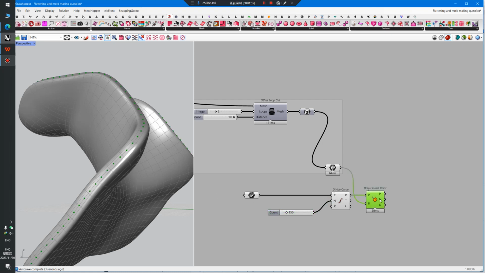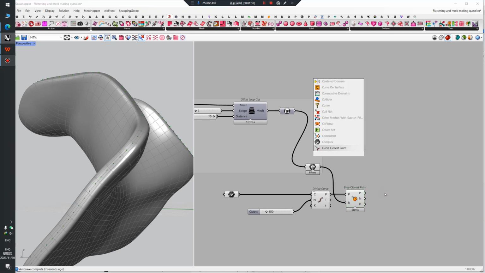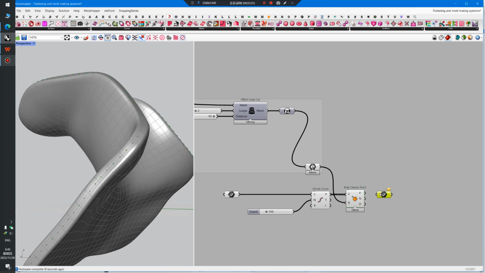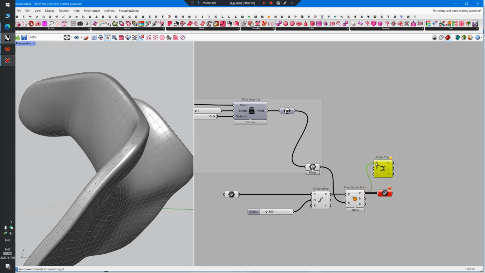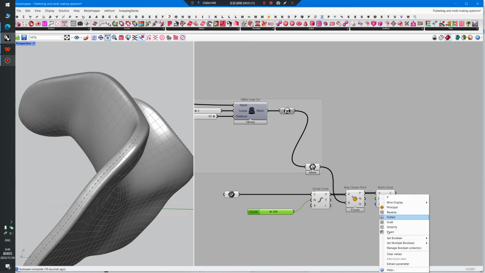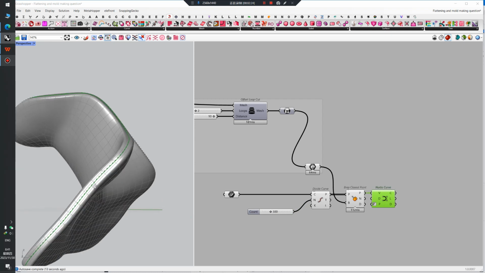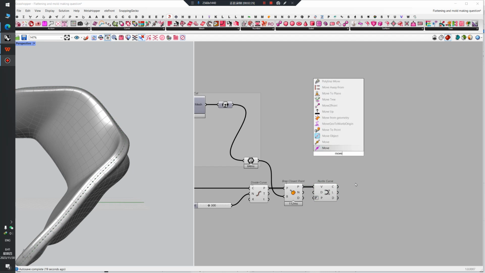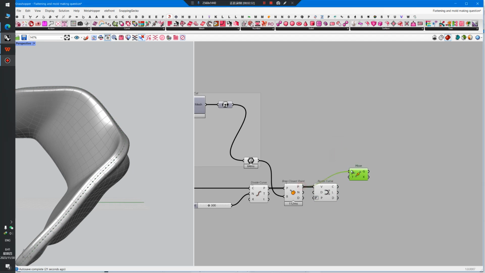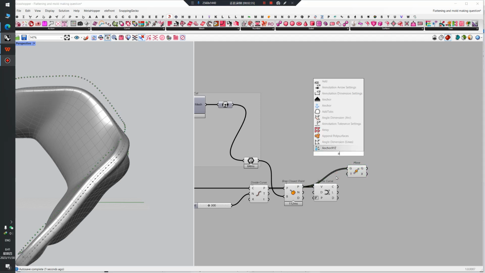Then we get the point, we get the normal. So we make the curve again on the surface of the B-wrap. So we get the curve, but I think it's better just make it like this much, and make it periodic. Okay, then remove the point. Remove the point along the